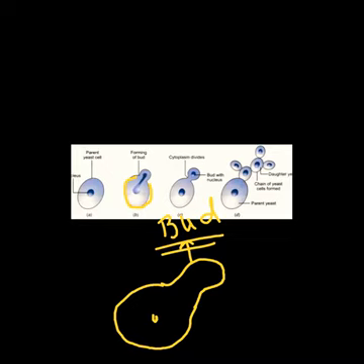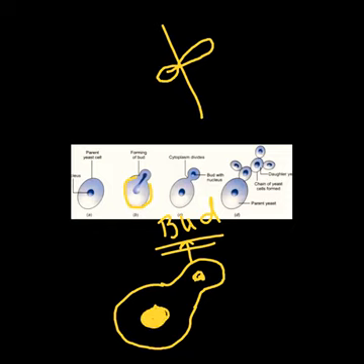Now, in the next step, the elongation of the nucleus takes place. Nucleus elongates, right? And in the next step of the cell division, the nucleus divides to form two daughter nuclei. One remains in the parent yeast, right? And another goes into the bud. As the nucleus elongates, later on it divides into two nuclei. One remains in the parent yeast cell and one goes into the developing bud.